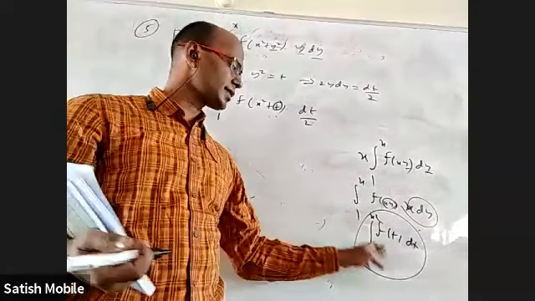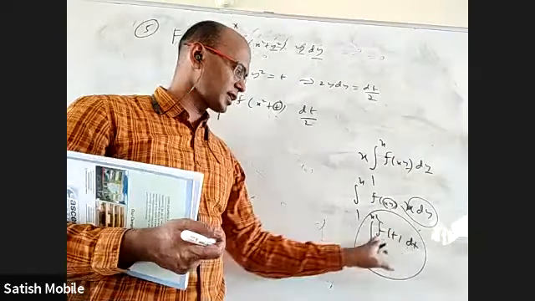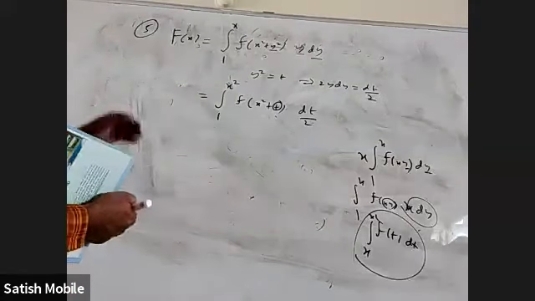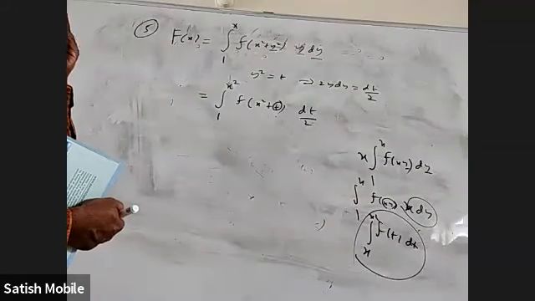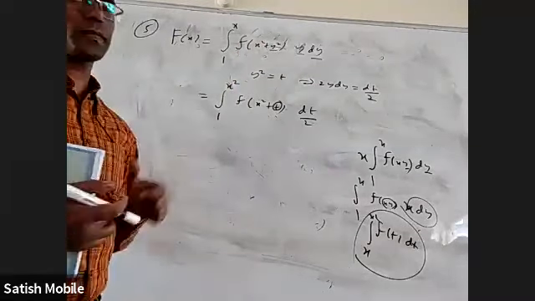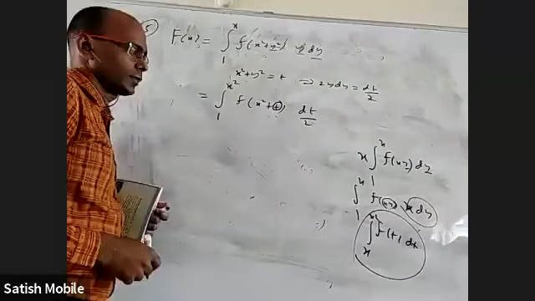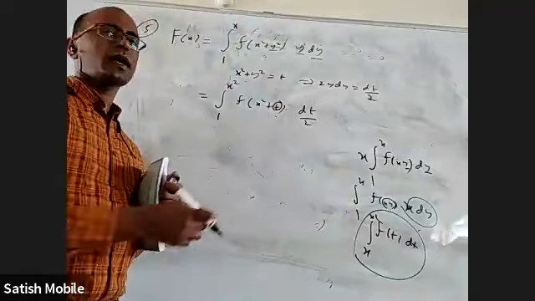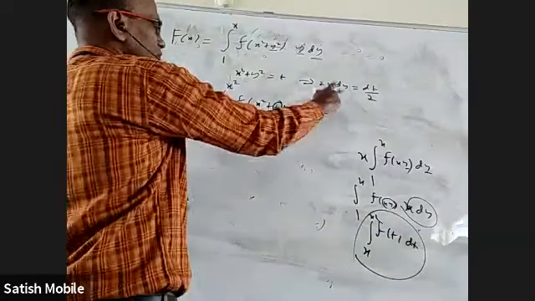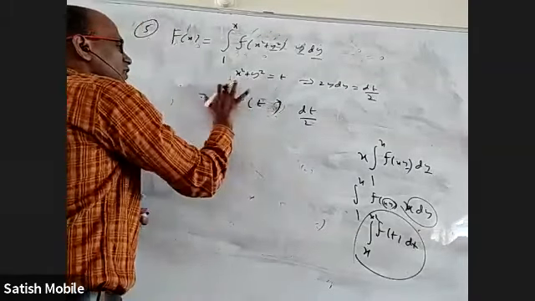Okay, this is how we can manage the sixth one, where x was involved here, but I could completely take out x. There's nowhere x within the integral. But here I want to take out that. Is it possible? Yes, I would have taken this whole thing as t. Why only x square? Let me take x square plus y square total as t, like here I took total xy as t. I can take x square plus y square total as t, and the derivative is the same because x is a constant. This is fine. And here I would have got straight away f of t, but the limits are different now.